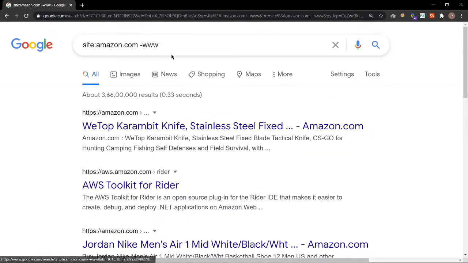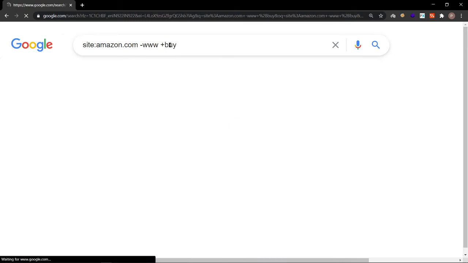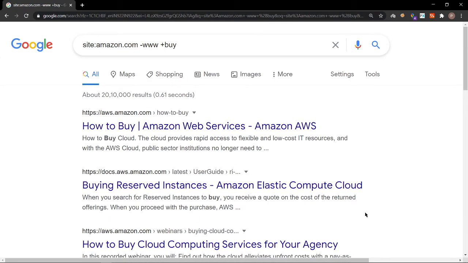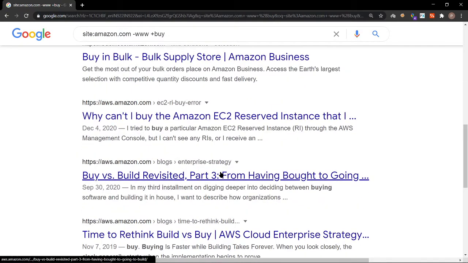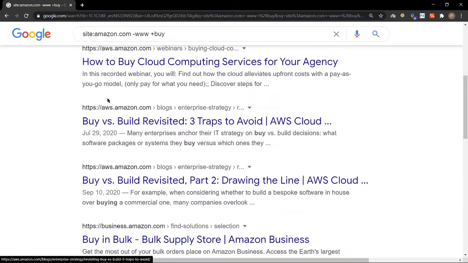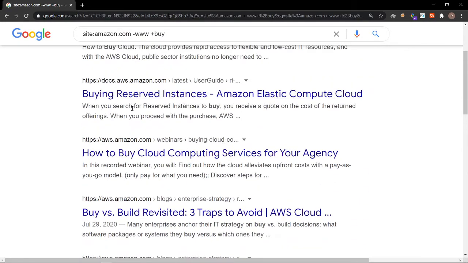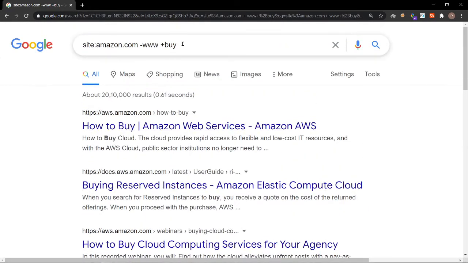If you need to add a specific keyword like buy, you will get results accordingly related to buy. So results will be related to what you are searching for in the search box. Whatever your search is, it will perform the operations accordingly.